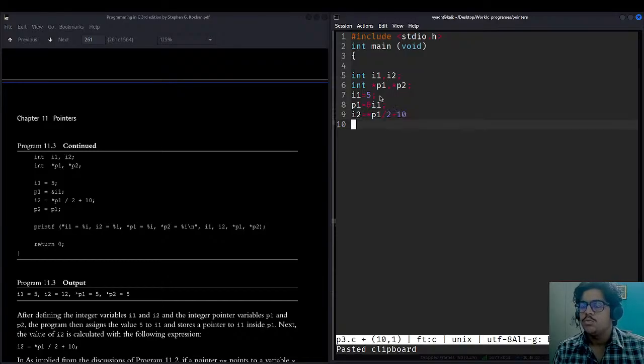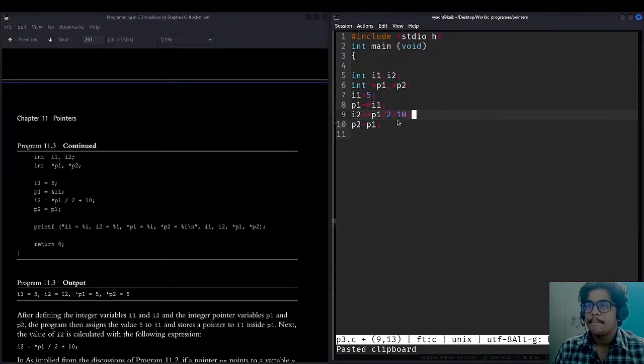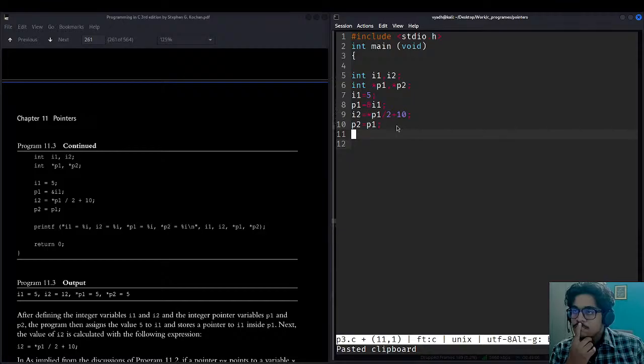So I1 will be 5, pointer P1 will be 5, and I2 should be 12. What is P2? P2 should be equal to P1. Since P1 is 5, P2 will also be 5. Now they are printing the values.